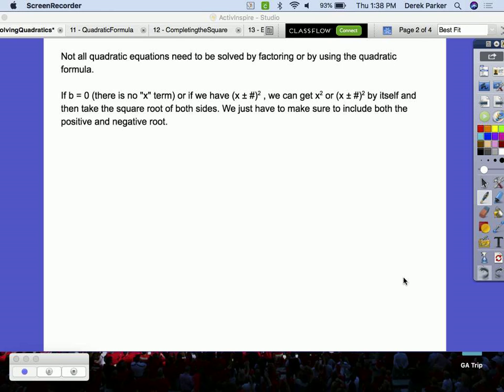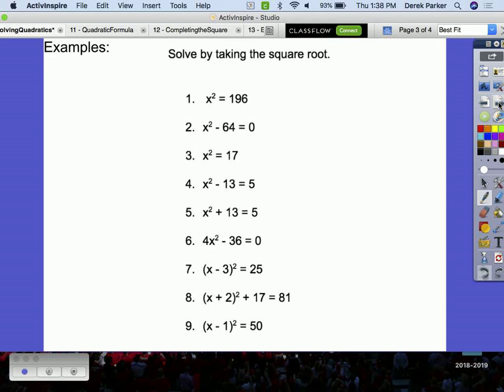In this standard, we're going to learn how to solve using the square root. Not all quadratic equations need to be solved by factoring or by using the quadratic formula, which we'll learn next. If b is equal to 0, there is no x term, or if we have x plus or minus a number to the second power, we can get x squared by itself and then take the square root of both sides. We just have to make sure to include both the positive and negative root. Okay? For example,